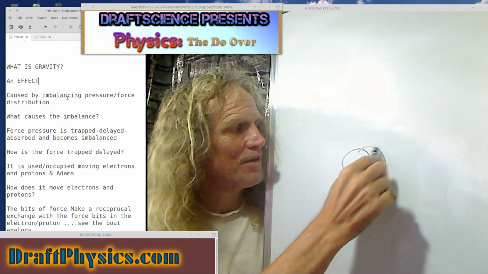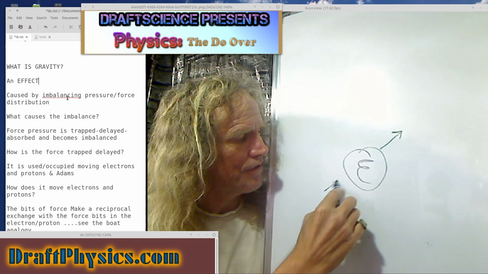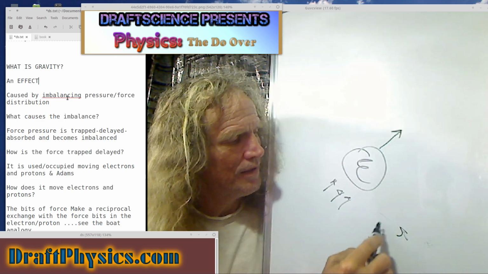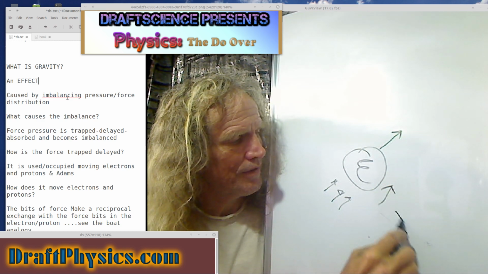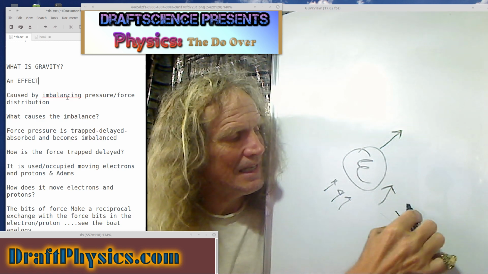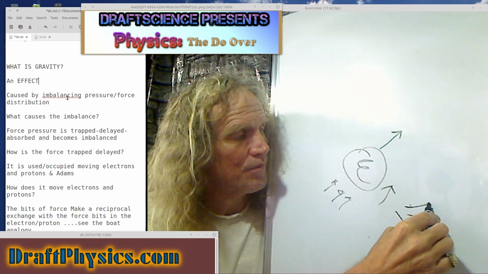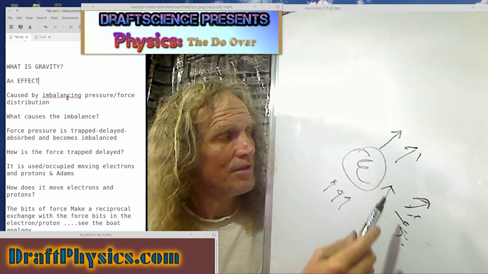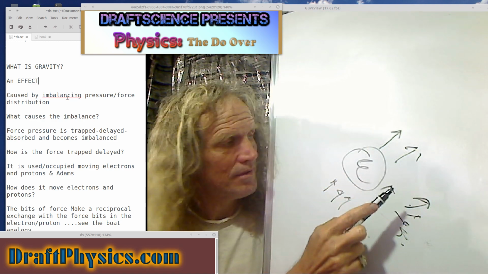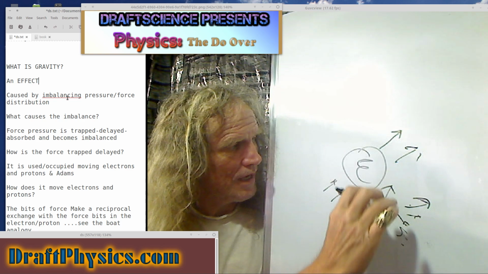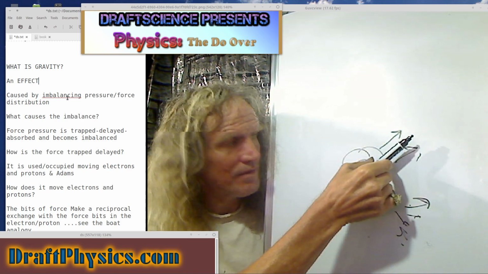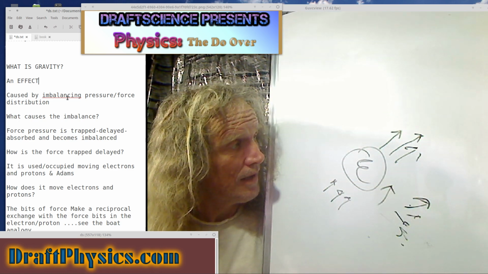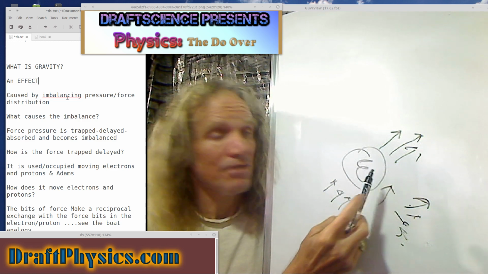If the electron's going this way, it means it's trapped energy essentially going that way. That means trapped energy going this way, and some energy going that way, and some energy going this way, and some energy going that way. And when you add up all these vectors, it equals this way, or this way. So what it's trapped out of the universe is a bias in this direction overall. When you add up all the stuff that's trapped in here, it points this way, and that's why the electron's moving that way at some velocity. And its velocity just represents how much of a bias it's trapped.